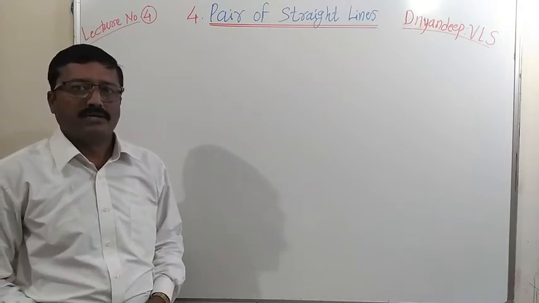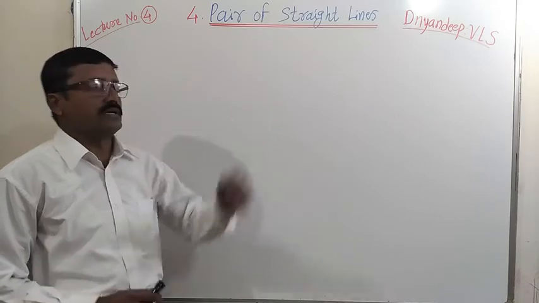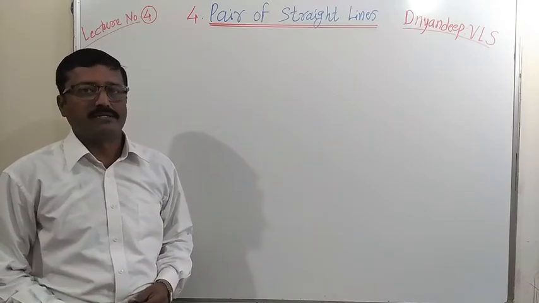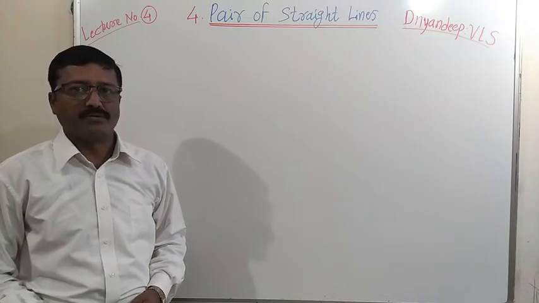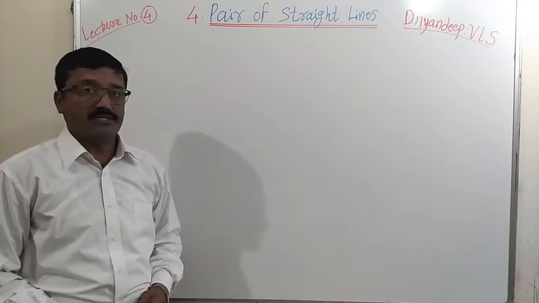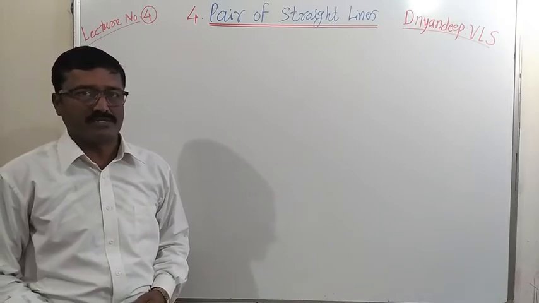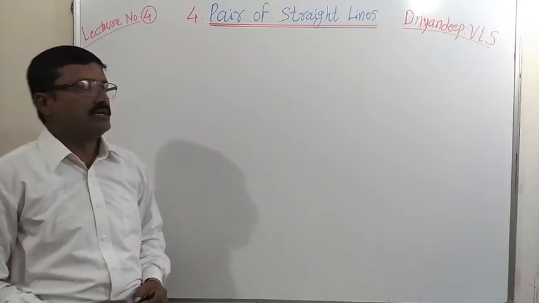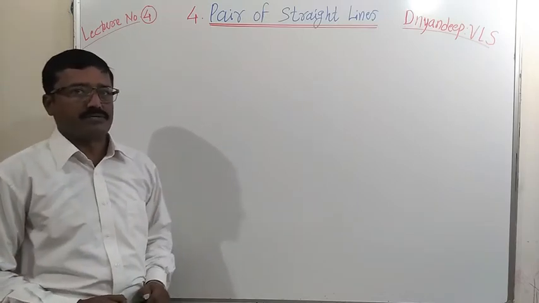Hi everyone. After learning the first three theorems of pair of straight lines and some related concepts of auxiliary equation, sum and product of slopes, and the nature of lines, now we can easily solve the remaining examples from first exercise. Okay, so today we will solve the examples related to this first part of pair of straight lines.